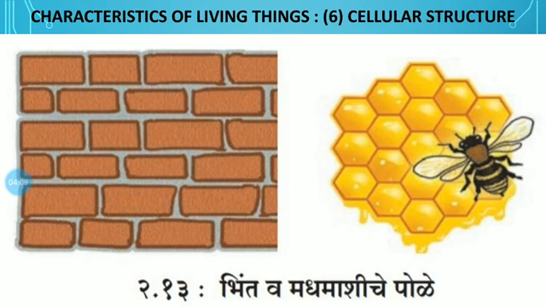All the actions and processes in the bodies of living things are brought about with the help of these microscopic cells. A number of activities are carried out in our body. For example, respiration, reproduction, digestion, excretion, all these processes are carried out with the help of the microscopic cells that are present in our body.